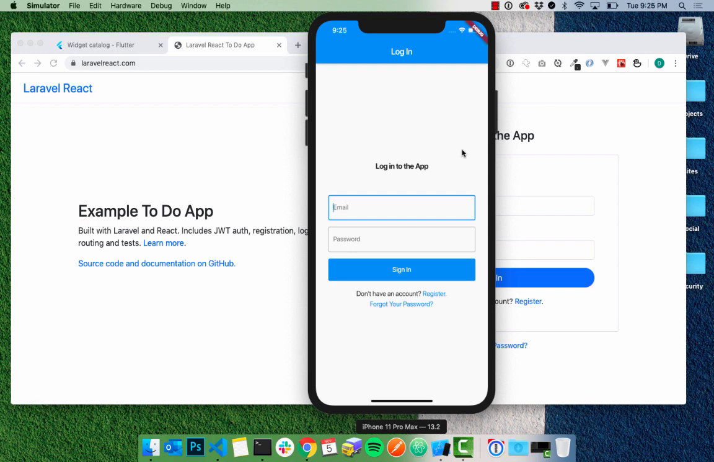Hey there, so this is a mobile app that I built in Flutter. It's running in a simulator right now, but it's the classic to-do app. So you can authenticate, you can log in, and then you can add to-dos or you can toggle to-dos. And it has a couple other authentication features like being able to register or get a password reset or log